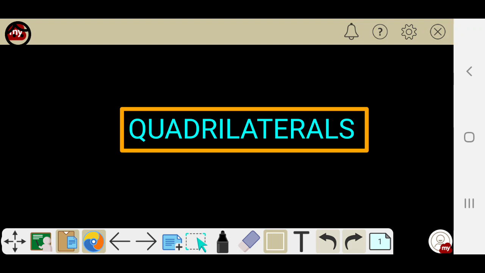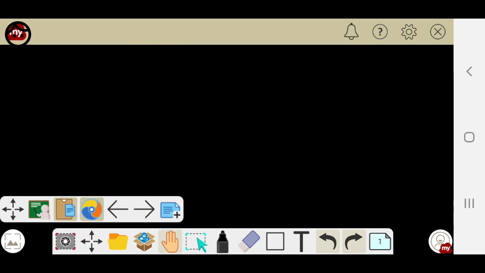Yes, quadrilateral is not a new term for you, dear children. All of you know what a quadrilateral is. Can you remember? Yes. A quadrilateral is a four-sided polygon. Four-sided polygon means there are different types of quadrilaterals. For example,